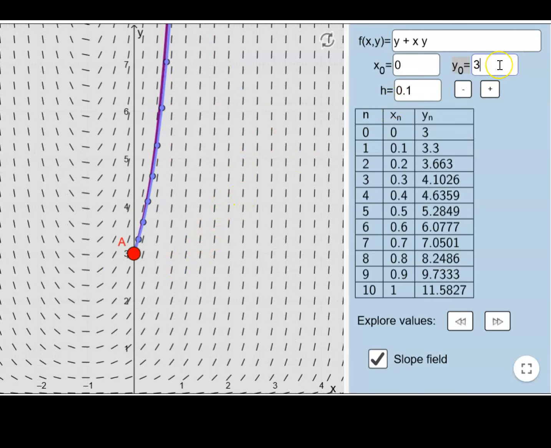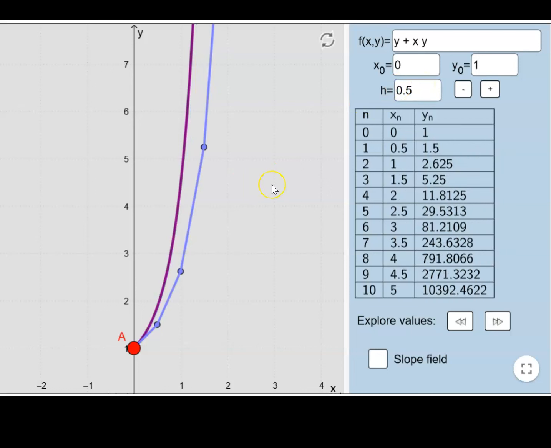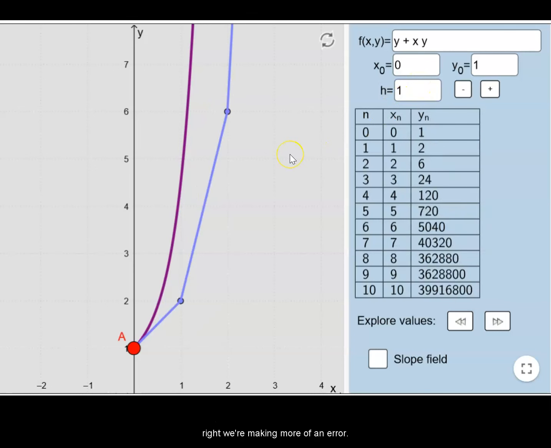Now, let's take off the slope field so we don't have too much stuff going on. Let's change the step size. If we have a larger step size, if we're moving further away each time, you can see that our error is terrible. We're making more of an error as we go. So here, we can even look at our values. Even just looking at 1,